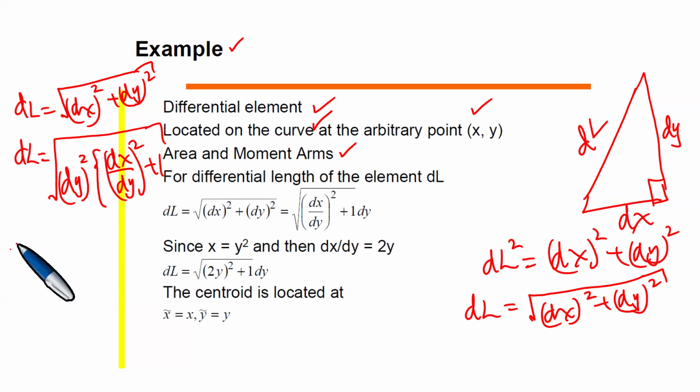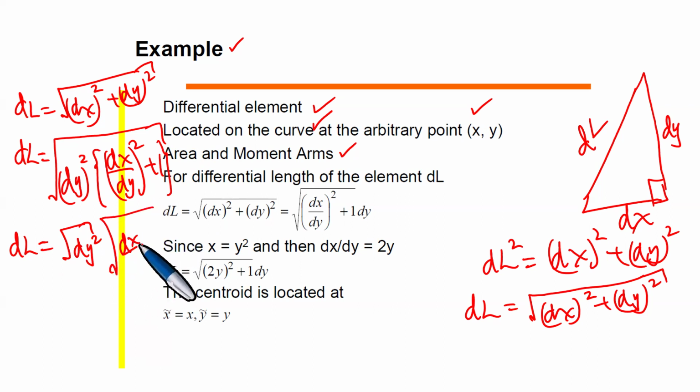If you take out the dy squared and multiply it back, you're going to get back to that one. Now, this one here becomes the square root of dy squared